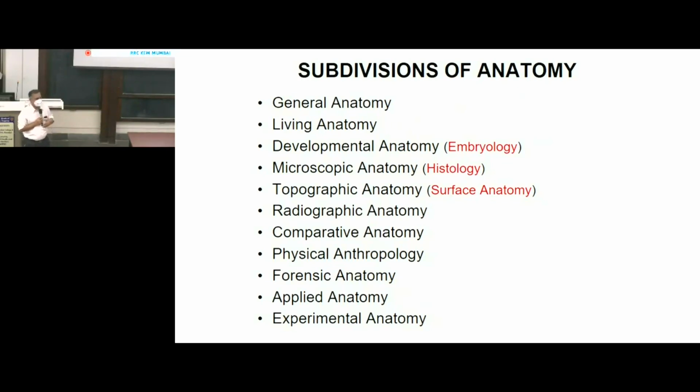So for example, when you have pain in abdomen, which commonly is referred to as "pet dukh raha hai." But pet is not stomach. Pet is abdomen for that person. Then you as a doctor will feel the person's pet and then try to decipher, if the pain is here, then what are the likely organs that would have been the cause for the pain. So that is topographic anatomy.